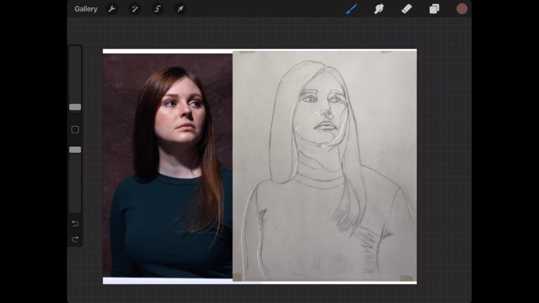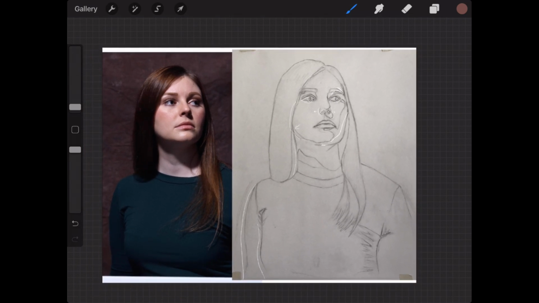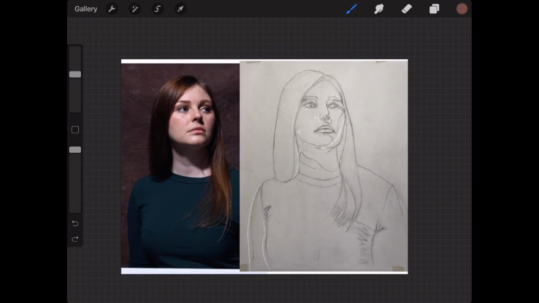Down in the shoulders, I think the only other suggestion I had was down here. Just make sure that you bring that out just a little bit. But if it comes too close to the edge of your canvas, you could leave it where it is. It's a pretty minor adjustment. It's mostly just if you want to get the correct width. And it could be that the image is distorted a little bit, so it makes this area feel bigger. Just keep an eye out for any tangents in the painting. If this edge gets cut off right at that corner, that's a tangent, so keep that in mind.